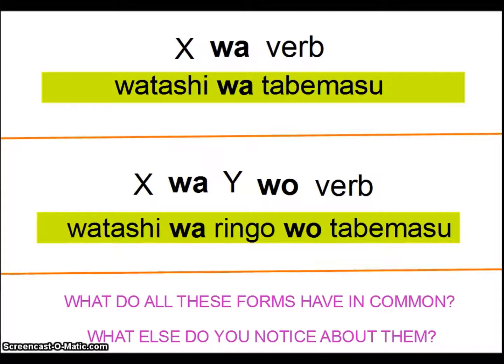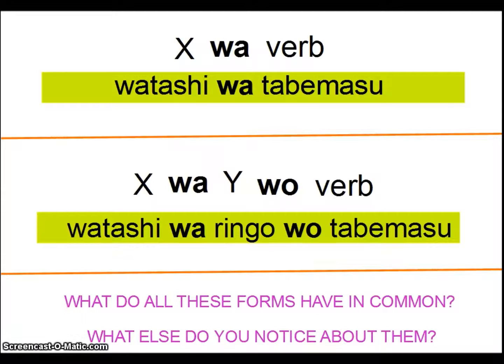But another thing that all of these sentences have is another part of the sentence. So if it's like an X wa Y, there's always some kind of a particle after it. I know we haven't really gone too much into depth on what the particles do, but I have talked about them. Those are the particles like wa, ga, o, ni, and de. I have kept them in bold so that way you can see them, and they're the parts of the sentence